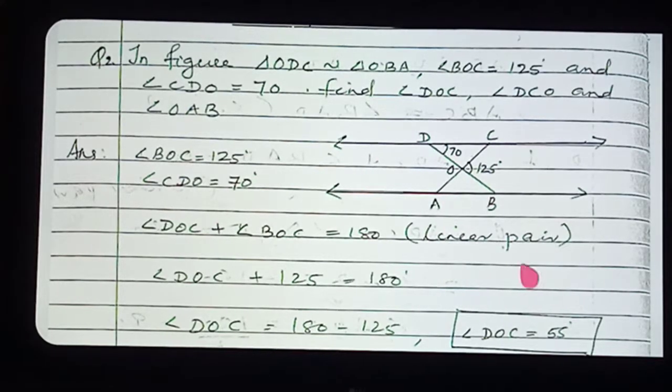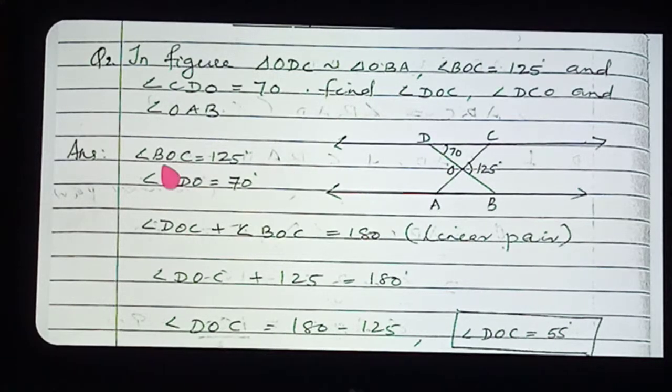You can do it by any method. Apply any method in the numericals and you will get the marks. So here you can see angle ODC is equal to angle OBA. You can apply that angle D and angle B are equal, such a method can also be applied. Any of the methods you apply and find the answer. Anyhow, find the answer with the correct method. Here, BOC, how much is given?